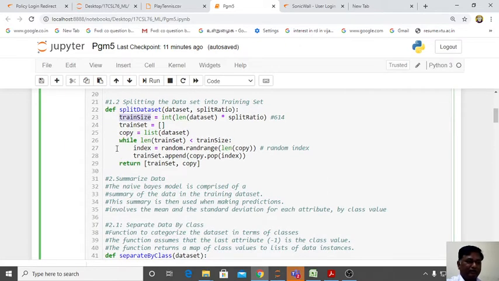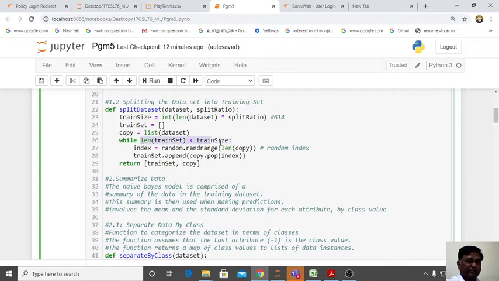Now we'll see. Train set, one empty set is declared here. Copy is a variable, it's taking your entire data set as a list. Now the full data set is available. From the full data set, 80% data will be assigned to your training data. So you see this while loop, while length of train set. So what is the length of train set? Initially it is empty, right? So the condition is true. Already we have 614 here.